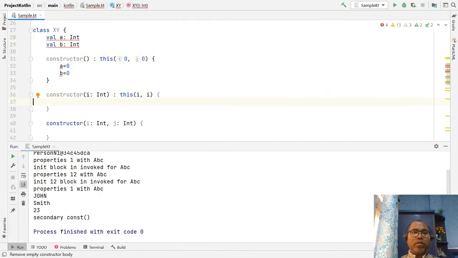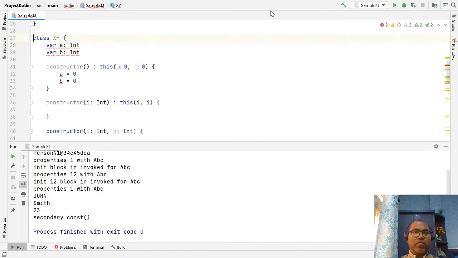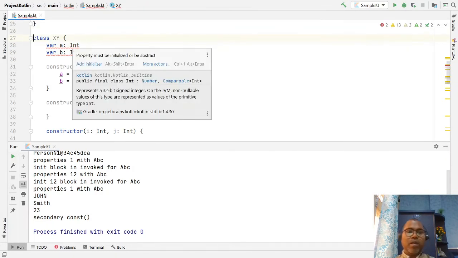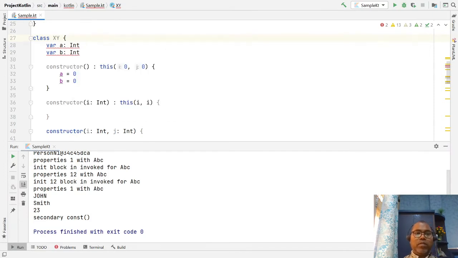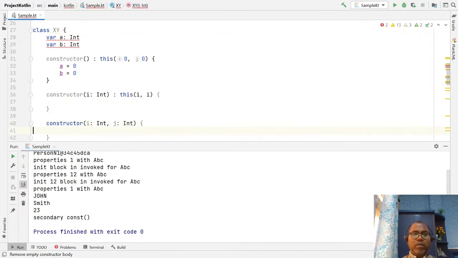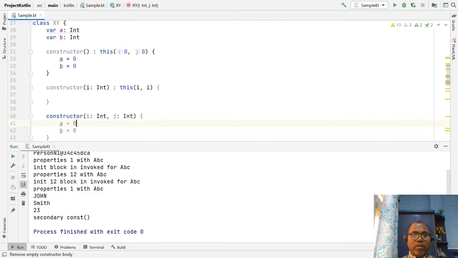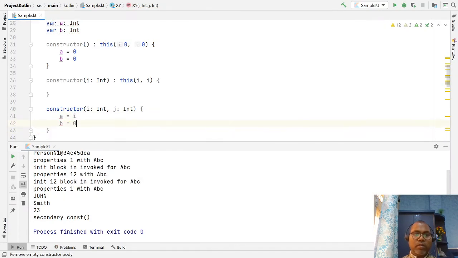This cannot be defined again; it must be initialized inside the constructor. So here say your i and your j.